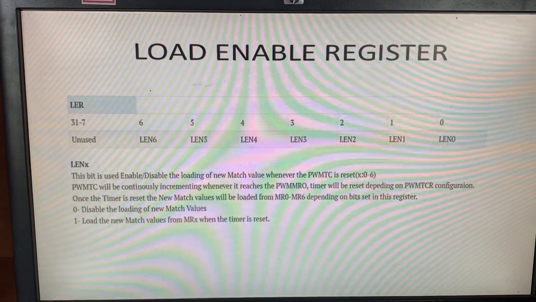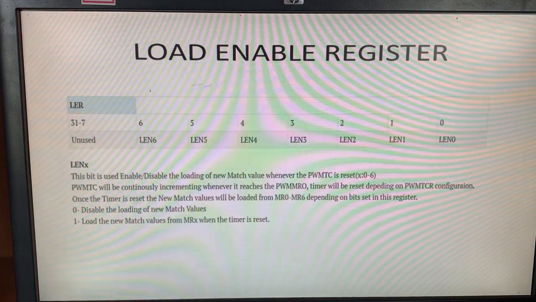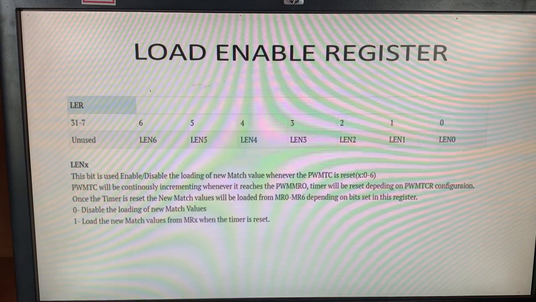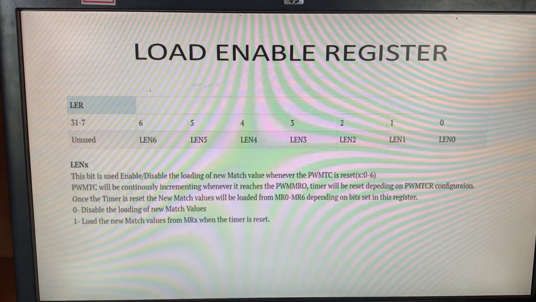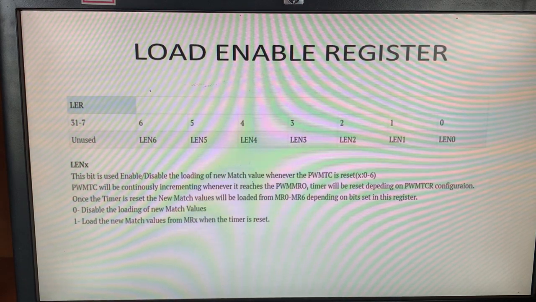These bits are used to enable or disable the loading of new match values whenever the PWM TC, the timer counter, is reset.